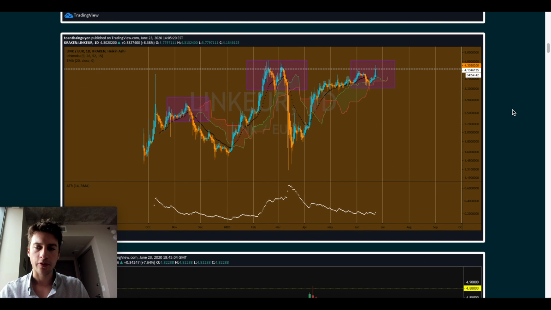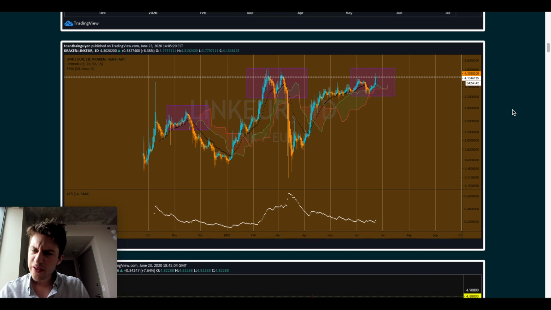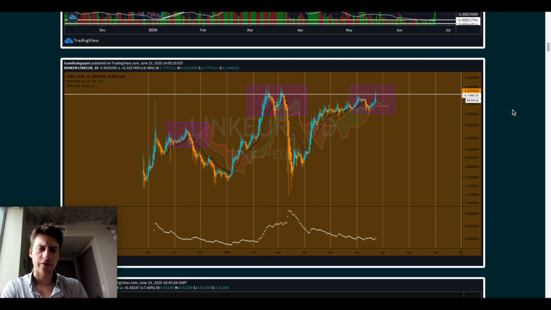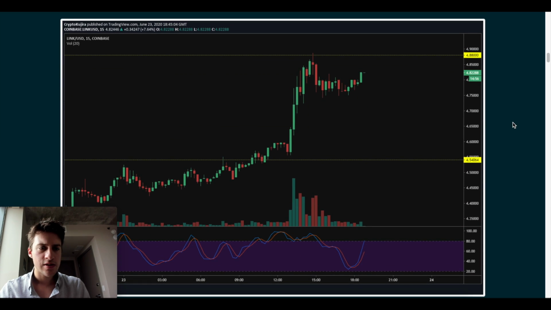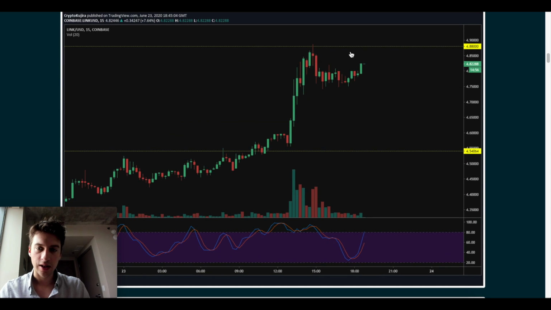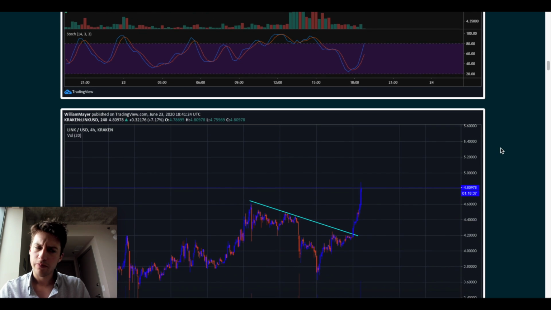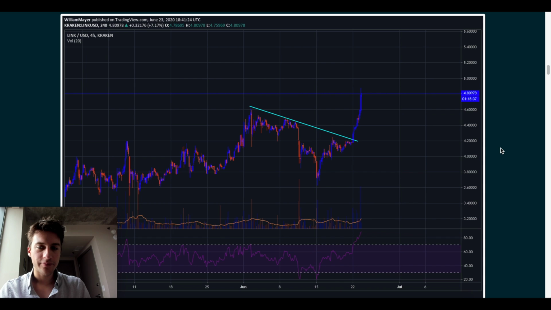Okay, we got another guy on Link. Oh, it's the same one as before. Or is it the same? No, it's not the same. It's a bit different. This guy is thinking that the top is in. So this guy is bearish on Link. Second post of his. This guy's another person posting about Link, and this is not telling me anything. Just maybe he wants to sell here, buy here. That's all. Link again. Who would know?